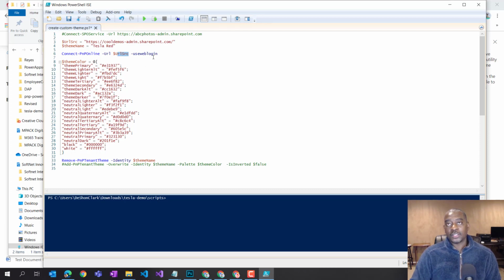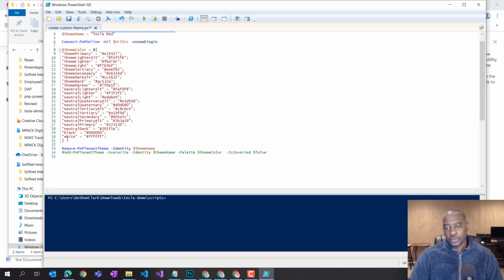And that's the thing. This is a tenant-wide scenario. You're not deploying these themes to one particular site collection. As of today, I don't know if that capability is there. I haven't looked at that in a while. I always deploy to, and I think you're forced to, tenant wide, and that's why you have this URL here. Once you put in that,